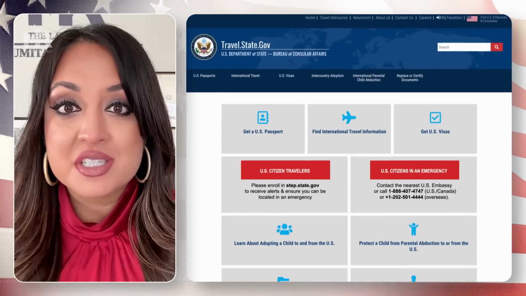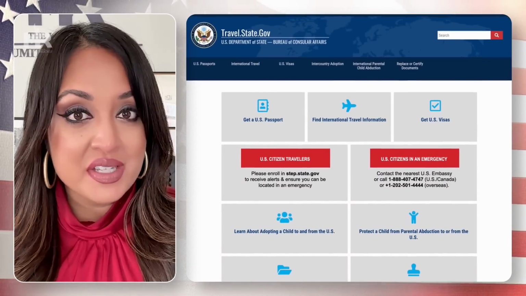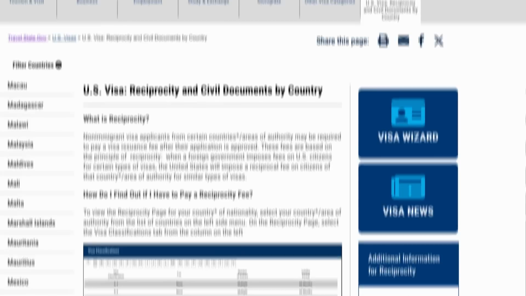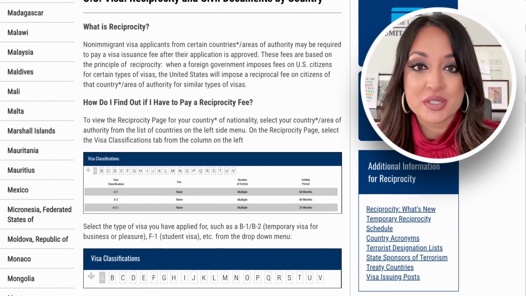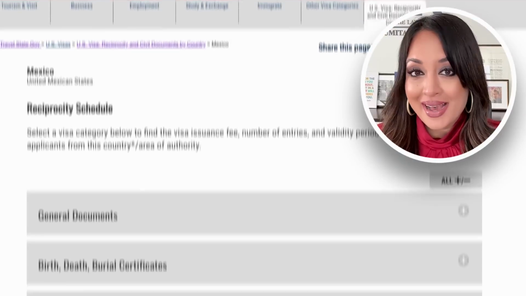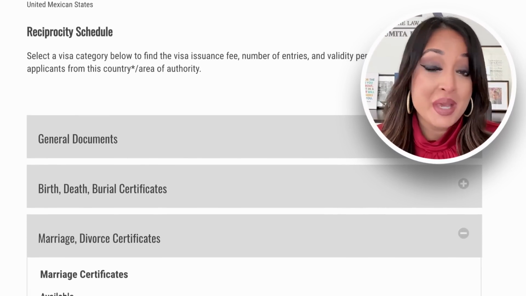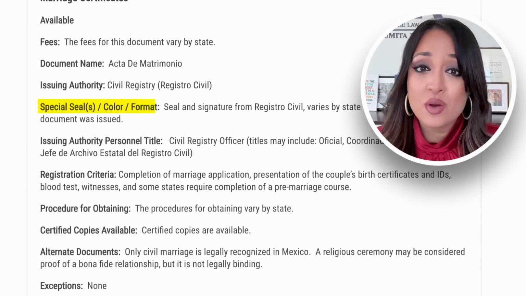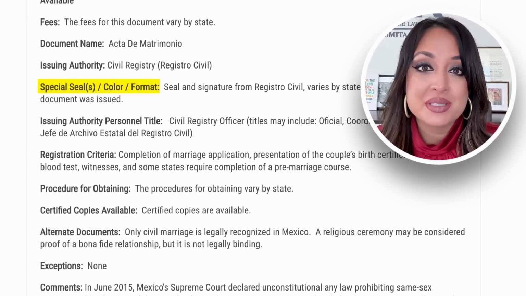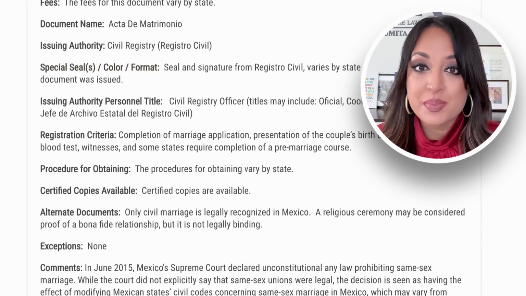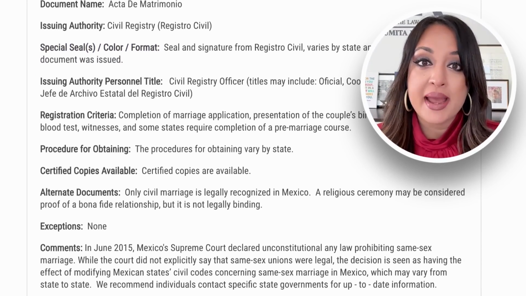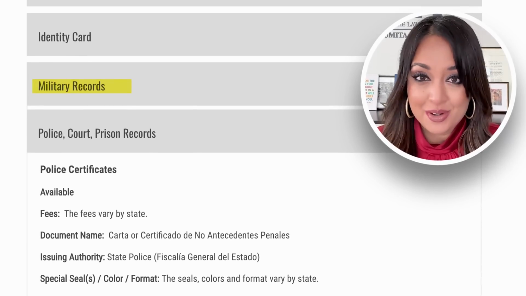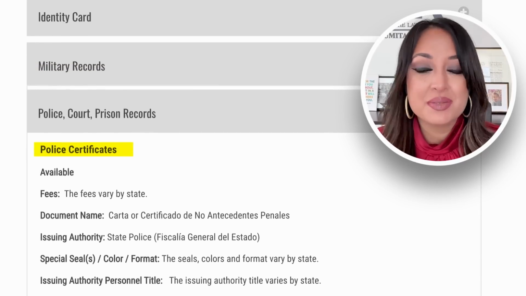One of my best tips that I can give to you is to look at the NVC website and just simply Google NVC reciprocity schedule. This will take you to a list of countries, and underneath each country, you can actually see all the documents that you may be able to get and the process for obtaining these documentations, and even what sort of official seals and stamps the document should have. Usually on this page, you will find further instructions on how to obtain certain things like divorce documents, military service papers, court papers, and most importantly, your relative's police clearance.